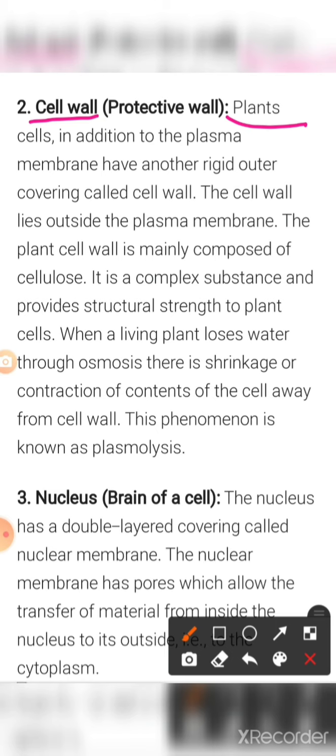Now, what are chromosomes? They contain information for inheritance of features from parents to the next generation in the form of DNA. Students, you might have heard about genes. We say that I take after my mother or my father, that I have some of the same things which my parents had. Like your ears may be just the same as your father's or your mother's. So this is the same thing.